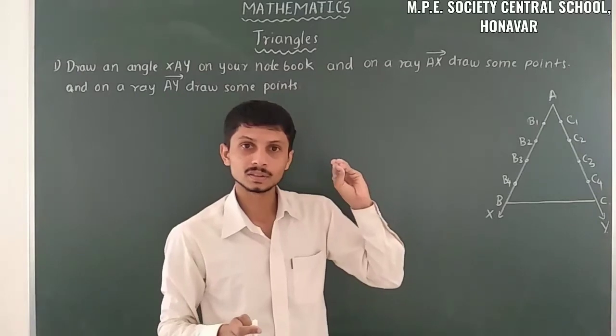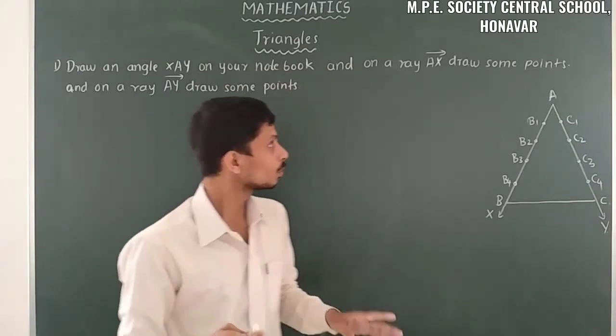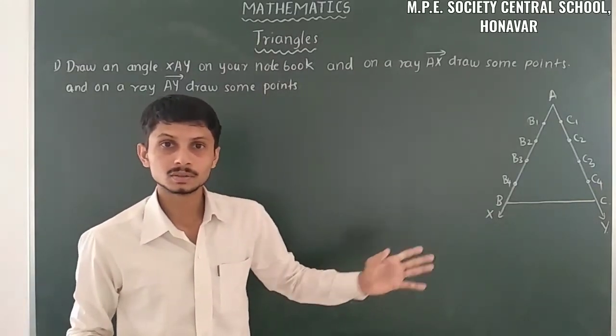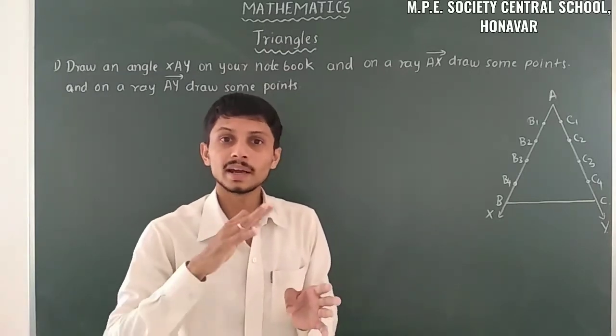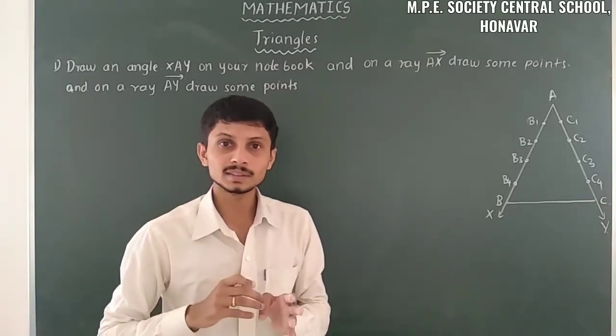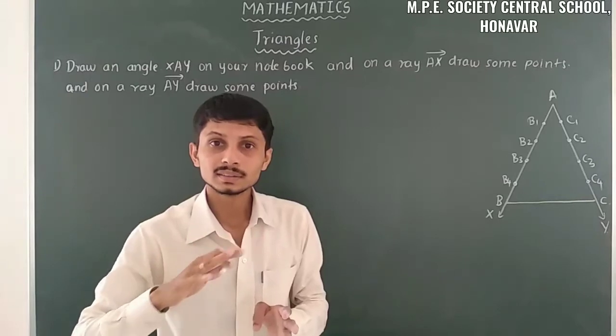With the help of theorem 6.1 we have to take some proportions. According to theorem 6.1, if a line is drawn parallel to one side of a triangle to intersect the other sides in two distinct points, then the other sides are divided in the same ratio.